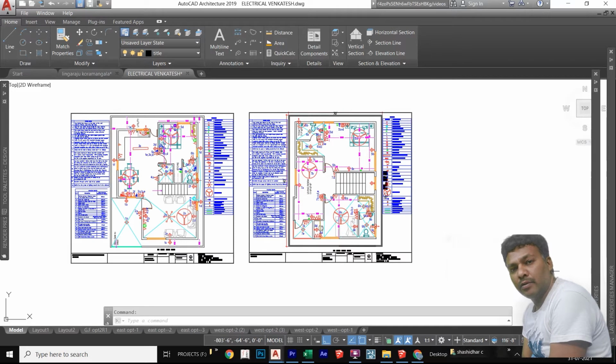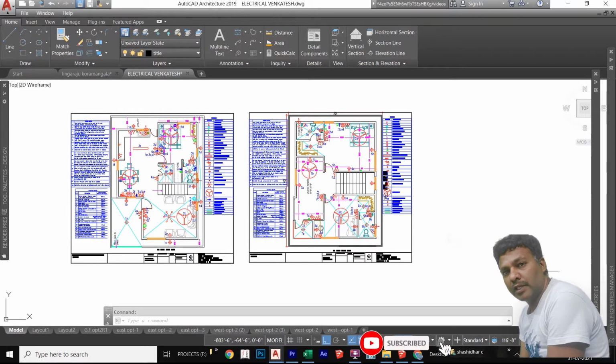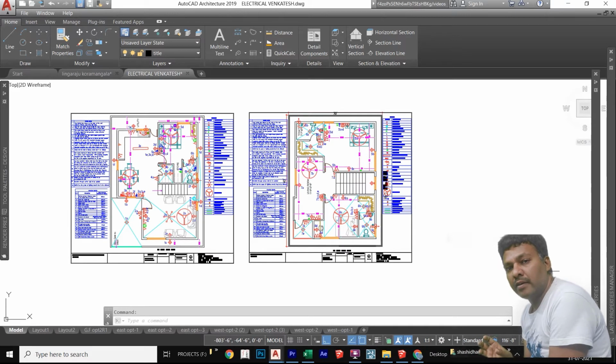Today I am going to explain the design, drawing, and tips and tricks of the electrical drawing for the residential house. I will explain how to give the minimum number of electrical points for the house, so that the house owners, the architect, or other people can minimize the number of points, and where exactly we can give the switchboards, and for kitchen, dining, or living, where exactly we can provide the lighting points so that we can use more ventilation.